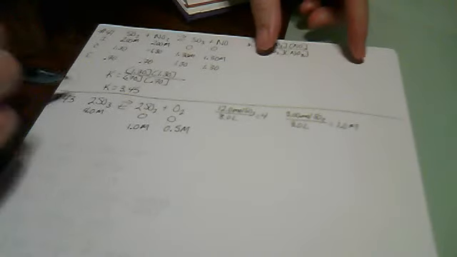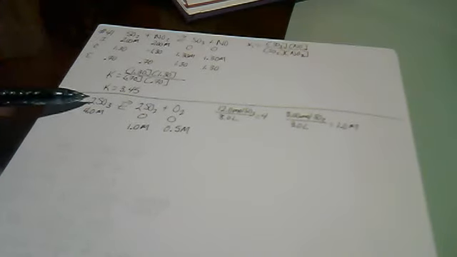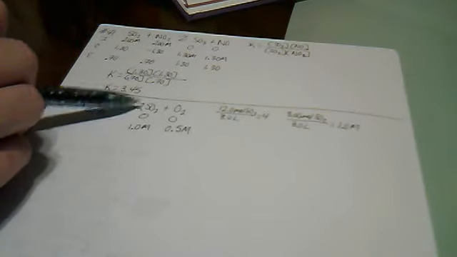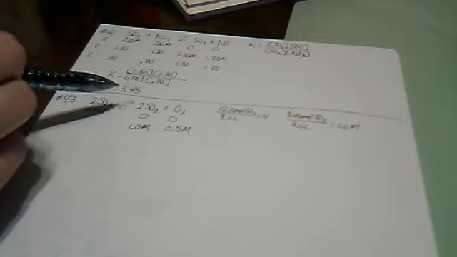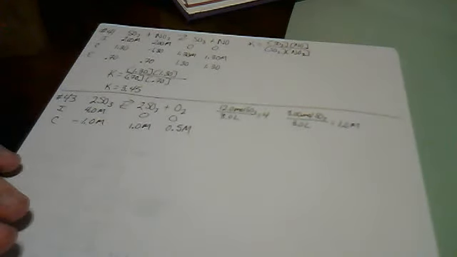Okay? Now the SO3 is going to lose it. If the SO3 has a coefficient of 1, it would be the same as the O2. But because it has a coefficient of 2, it's going to be the same as the SO2. So this is our initial up here. Here's our change. We're going to minus the 1.0 from over here. So when I'm doing this for our equilibrium,